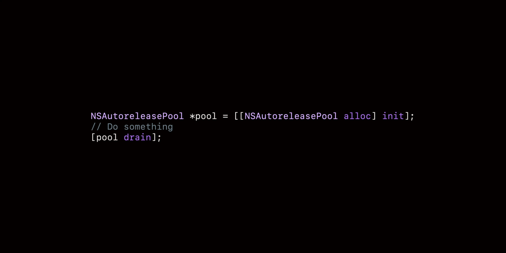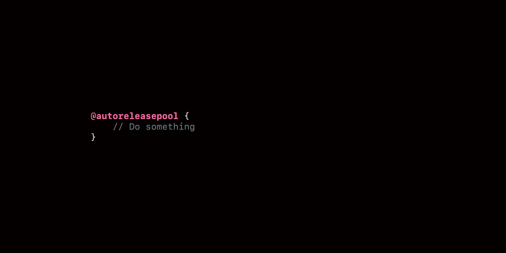In ARC, including Swift, instead of an auto-release pool object, now you use an auto-release pool block. It looks like a closure, or block, as they're called in Objective-C and some other languages. To the developer, it acts like a box with one particularly useful feature. When the block ends, every object created within it receives a release message. In other words, you set explicit boundaries which limit the object's lifetime.